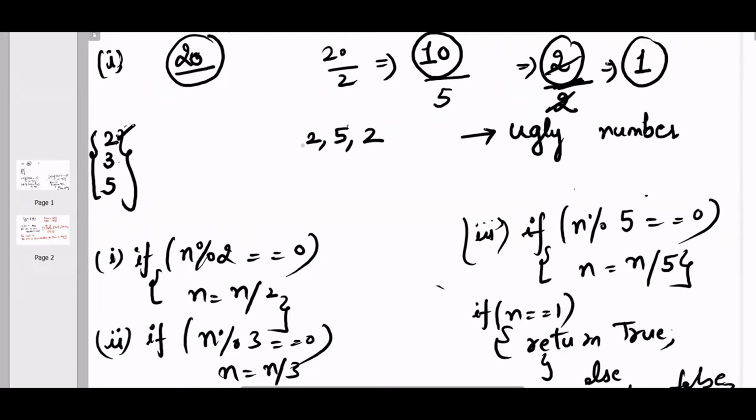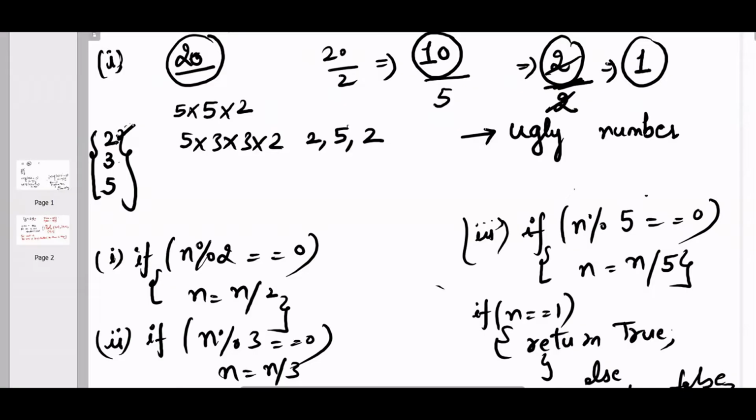So with this example, I just want to tell you that it is not necessary that 2 will be only once as a prime factor. It could be multiple times also. So prime factors could also be like this: 5, 5 and 2. It could be 5, 3, 3 and 2. So 2, 3 and 5 should be the prime factors, but they could be there multiple times.